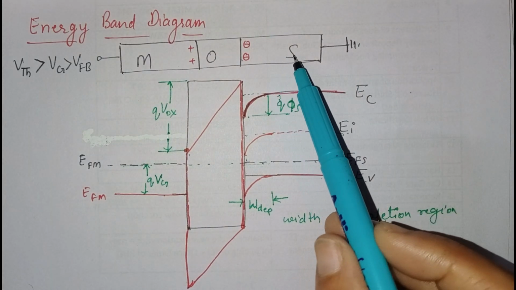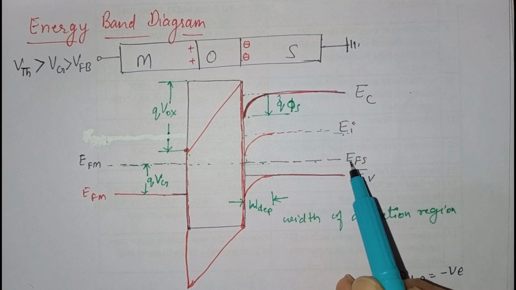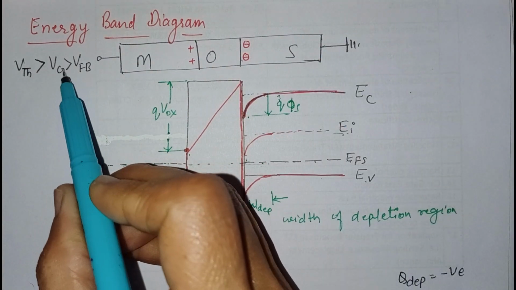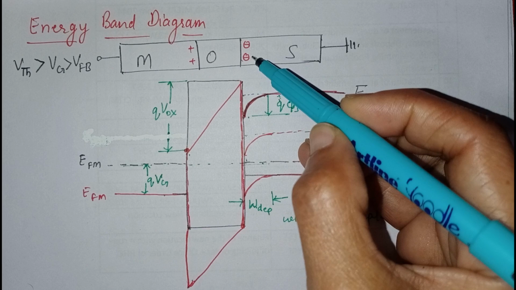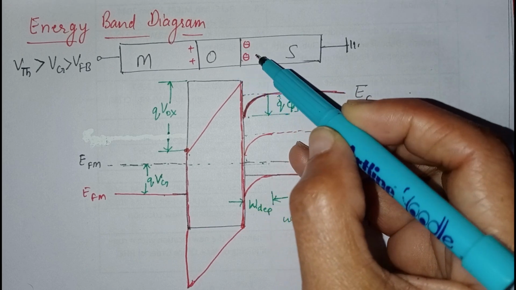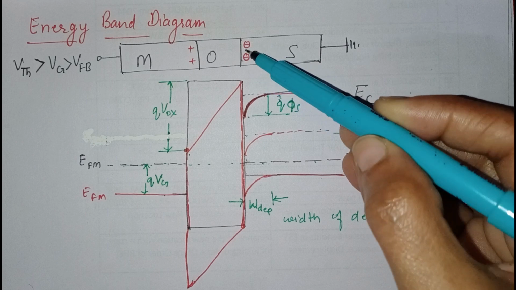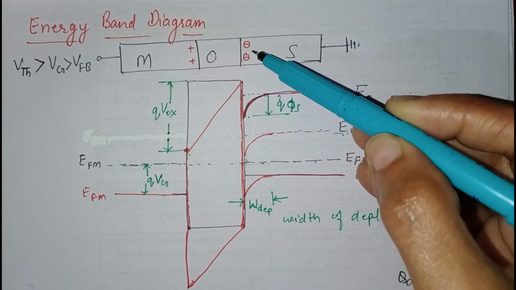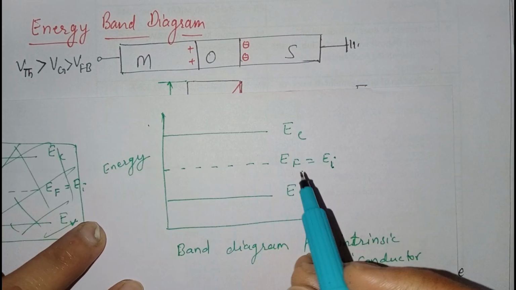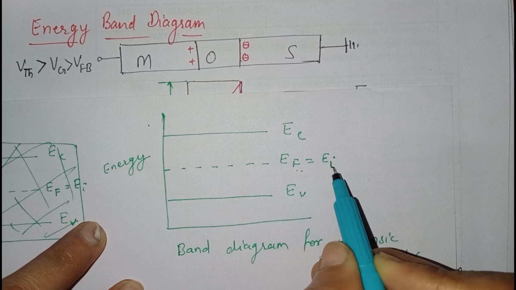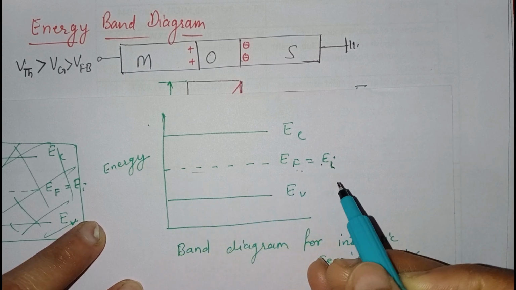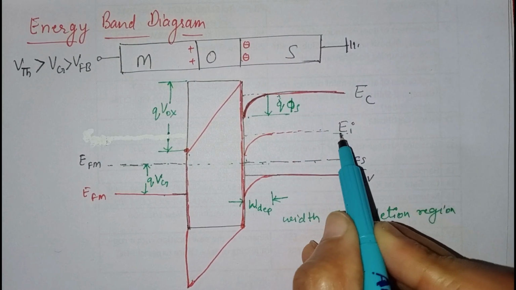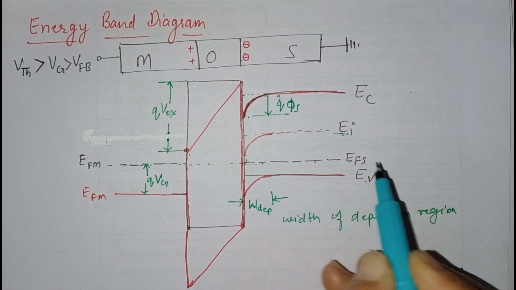As we know, the substrate is p type, and in a p type semiconductor the Fermi level is near the valence band. Now when we apply the positive gate voltage, there will be a depletion layer near the interface of silicon dioxide. This depletion layer makes the region near the interface like an intrinsic semiconductor. As we know, in an intrinsic semiconductor, the Fermi level and the intrinsic level are at the same level. The region near this interface behaves as an intrinsic semiconductor, so the intrinsic level comes near to the Fermi level.